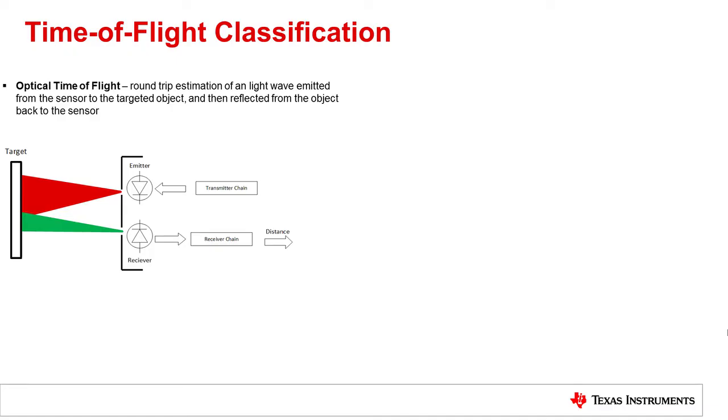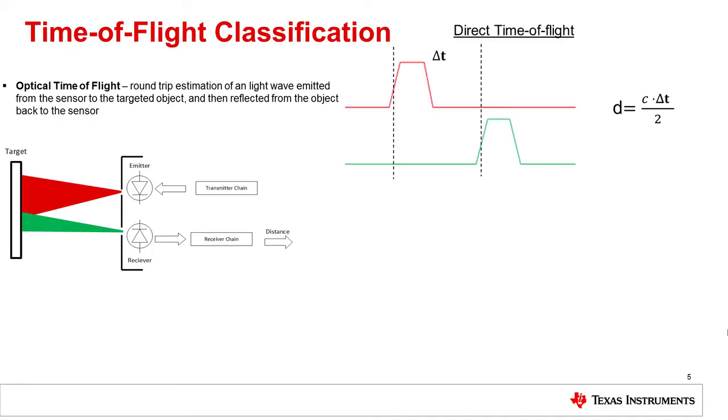Time-of-flight technology is broadly classified into two types: direct time-of-flight and indirect time-of-flight. Direct time-of-flight, as its name specifies, is a measure of the time delay between the light pulse sent and received using a time-to-digital converter. The light pulses are typically very short and high intensity. As described by the equation, you multiply the change in time from the pulse emitted and the reflection pulse received by the speed of light.